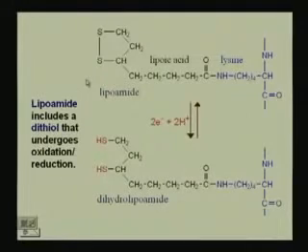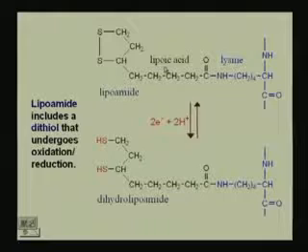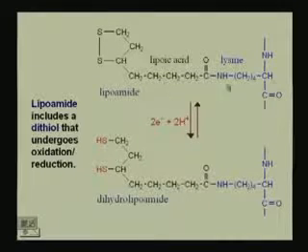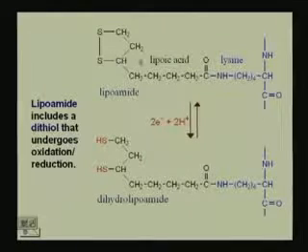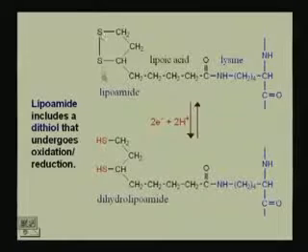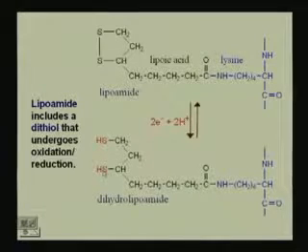Okay? In the second part, we actually have a lipoic acid that is linked to lysine in the enzyme E2, and here we have a certain reaction which is going to get into the reduction of this disulfide, the vicinal disulfide here, where we have an SH that is going to be dihydrolipoamide. Okay. Now, the reason why we are going through this is because we have to understand how acetyl-CoA is